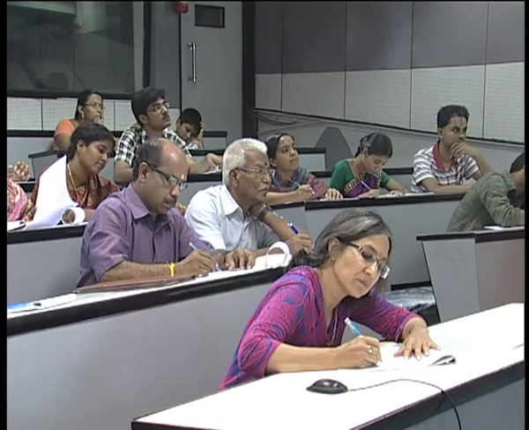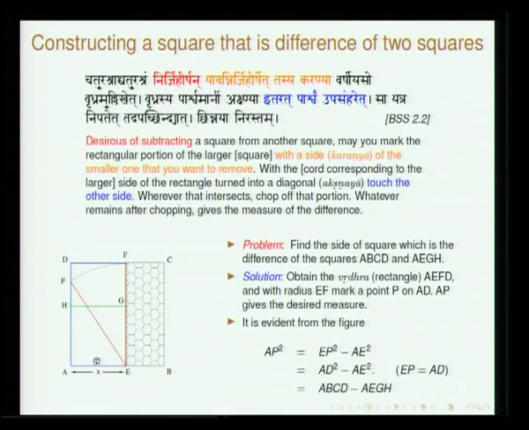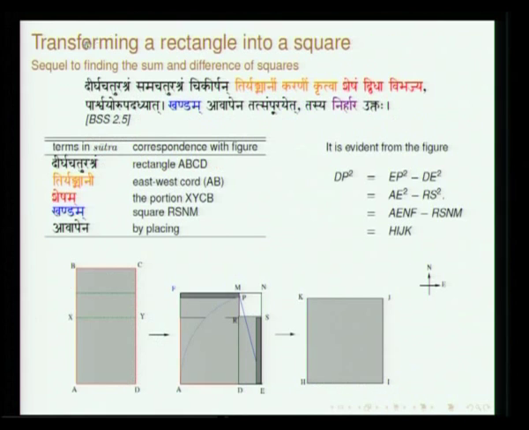So, this is a very important thing. In fact, this principle is invoked in doing certain other kinds of transformation which I will be showing in the next slide. So, this should be quite clear. All that we need to do is just mark in the larger square whatever be the side of the smaller square, and then take a vridha and do this, so then we will be able to get the other square.